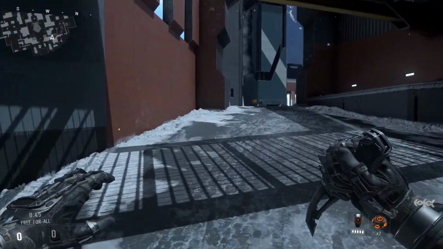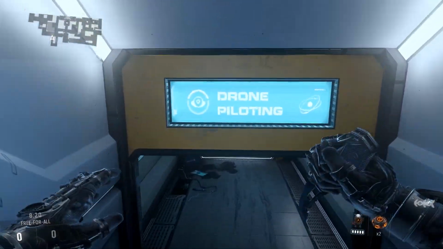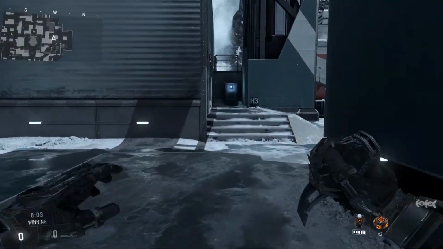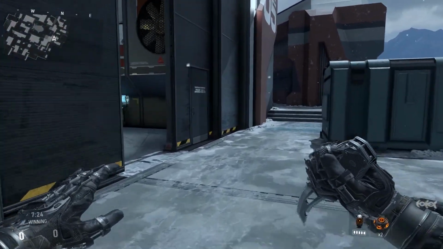Traveling to the high elevations of Iceland, the multiplayer map Horizon is one of the many drone factories of the power-hungry corporation known as Atlas. I definitely argue this is one of the more complex, larger maps in Advanced Warfare. You'll definitely need to keep your head on a swivel, looking left and right, up and down, while you're traversing